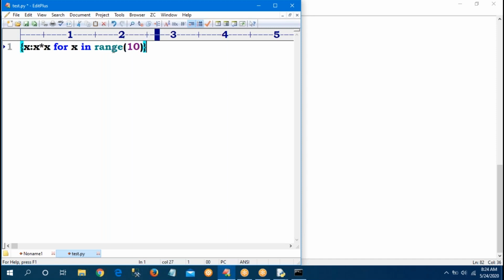Sir, first what is the value of x? 0. 0 is the key, expression evaluated. Next 1 colon 1 square, 2 colon 2 square, 3 colon 3 square, stored into D. Key value pairs. Print D and type. I can ask the type first. After that we can go further.